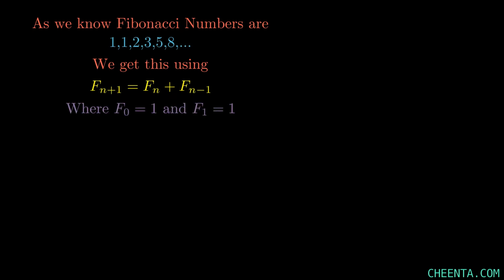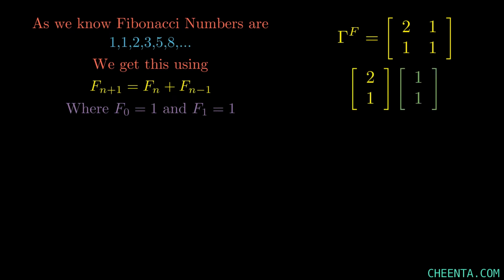I asked you to watch the previous video because in that video sir has shown you that there is a particular matrix which can be used to generate this sequence. That matrix is this one. This is called the Fibonacci matrix, and it has 2 column vectors like any other 2 by 2 matrix, and they are 2 1 and 1 1, and they represent where the unit vectors will land after the transformation, as I have shown you before.